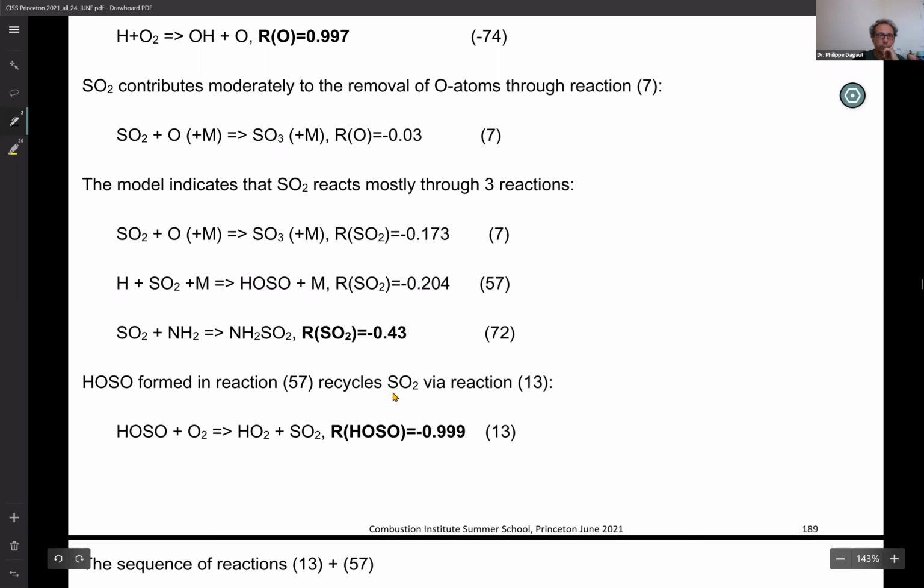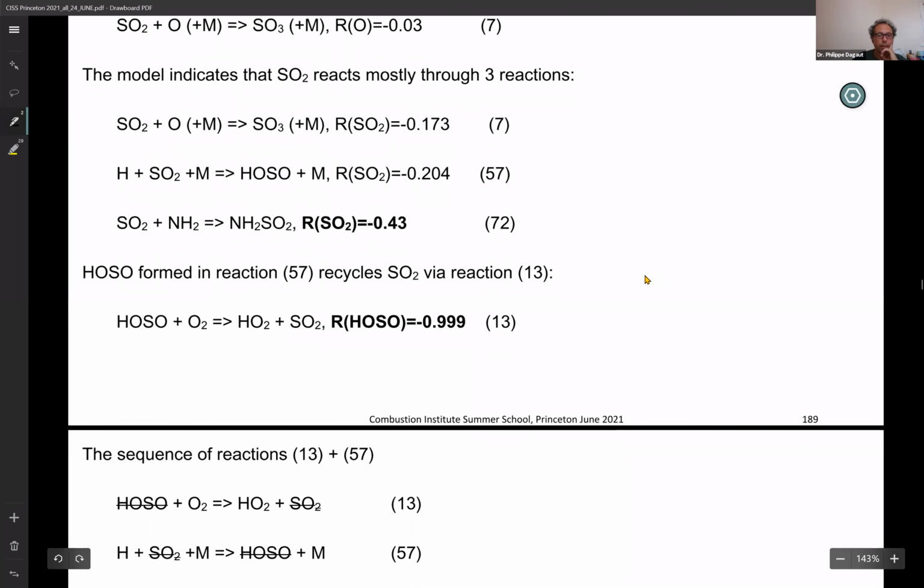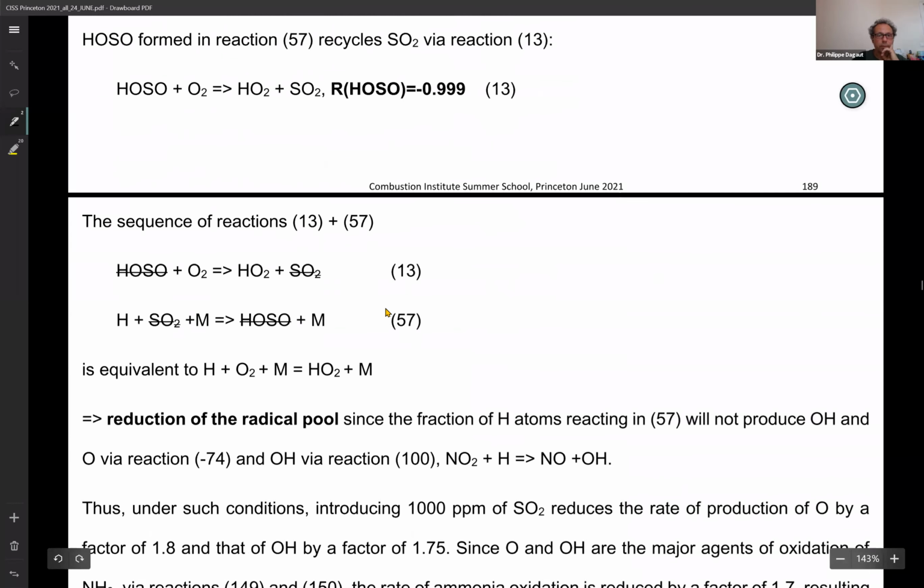HOSO formed here recycles SO2 in this reaction. So as soon as it is produced, it reacts with O2 and reforms SO2. What is interesting is that the sequence of reaction 13 and 57, if you add those,